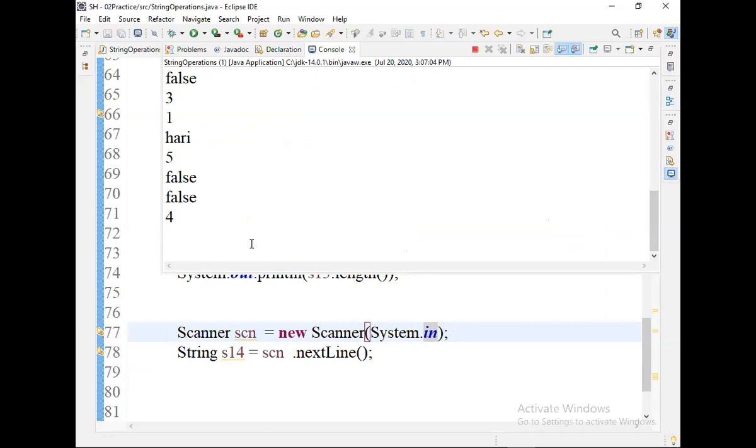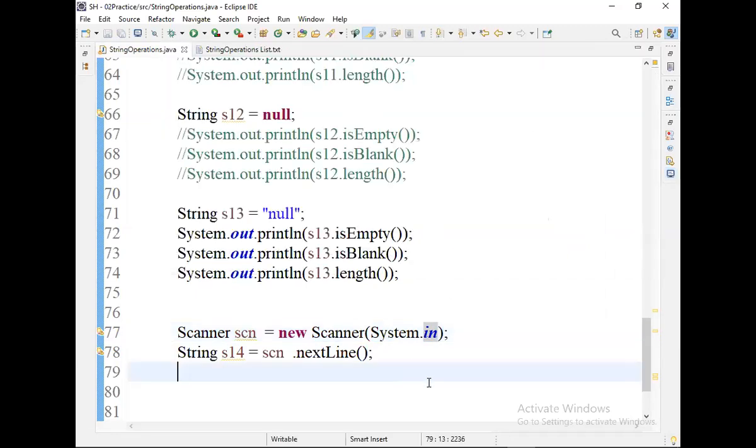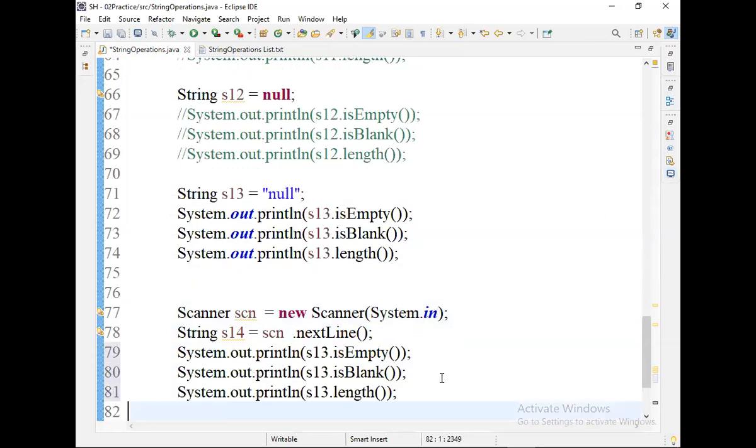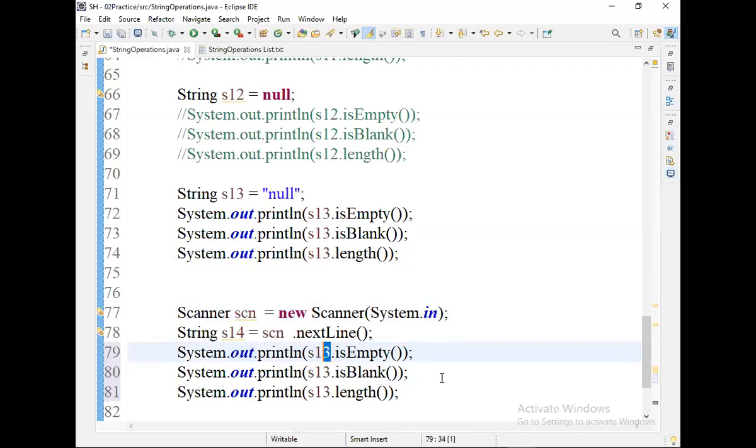I am not entering anything, I just press the enter key. Then I write the same three statements. What will you get when you read data from the keyboard and just press the enter key?